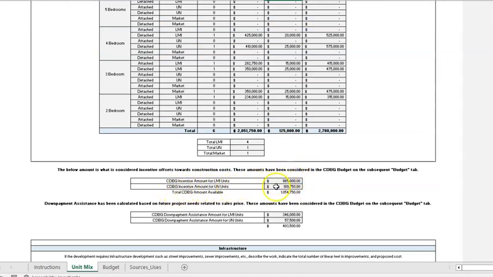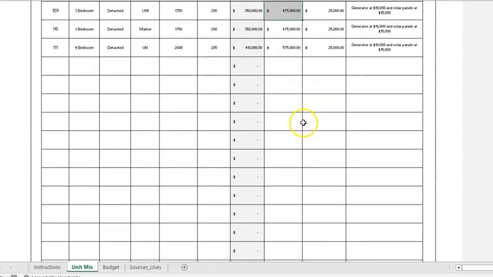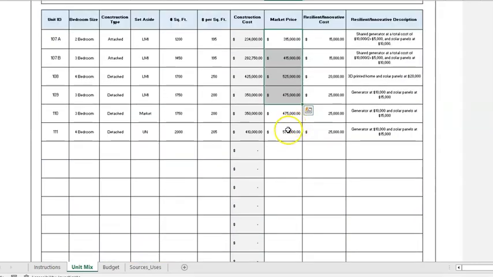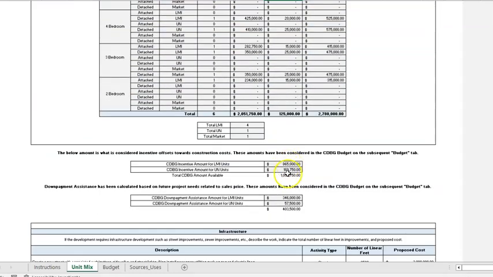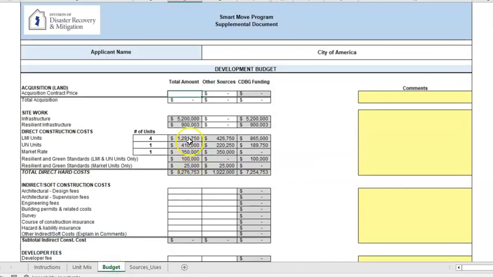For the urgent need units, it comprises of an offset of $189,750, which is only but 33% of the sales price of $575,000. These 2 totals will self-calculate on the Budget tab to show what is the available CDBG offset for construction